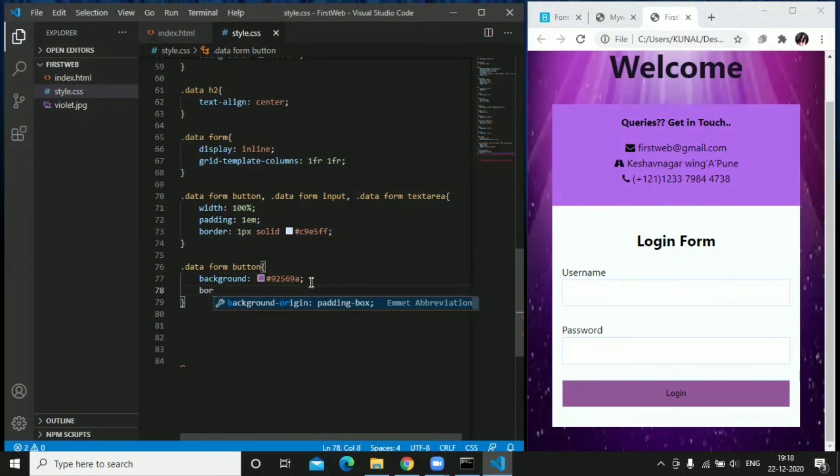So we will give the border also. So border would be 0 and text transform. So the text inside the button would be transformed into uppercase.